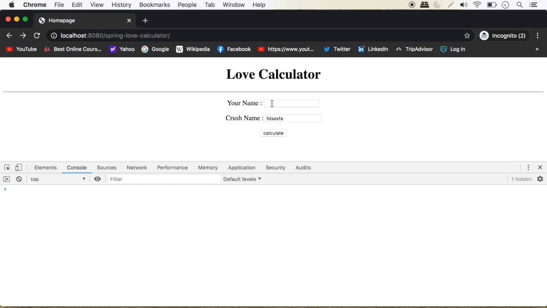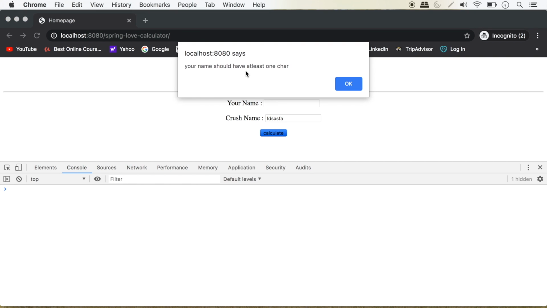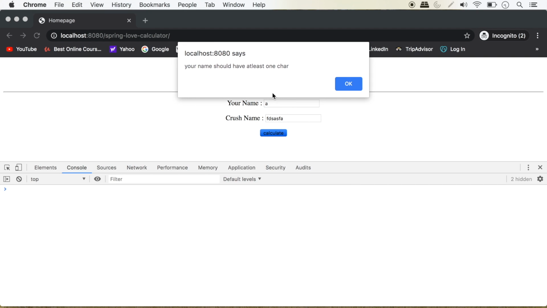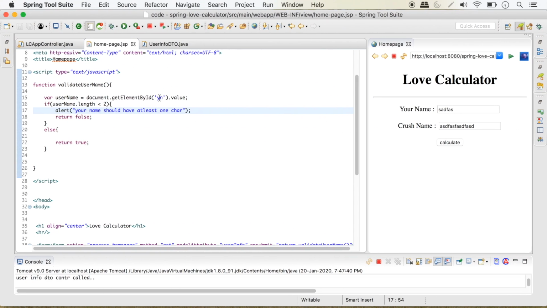So if you are not filling in this your name, we are getting a validation here, right? It says you should have 1 character, you cannot leave it blank. Let's say I'm giving 1 character and calculate, and still it's saying we should have at least 1 character. That's because probably I made it 2. Let's say 1. Okay, let me do command S right here again